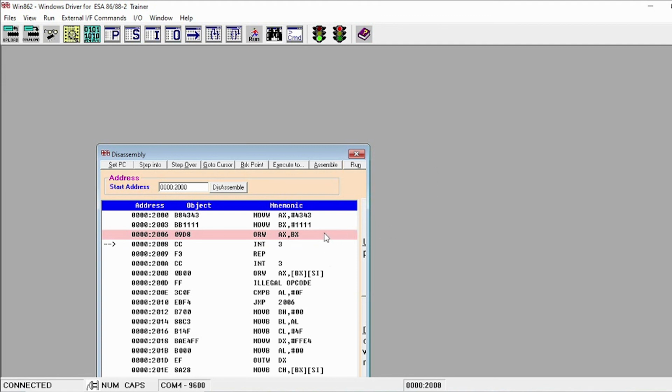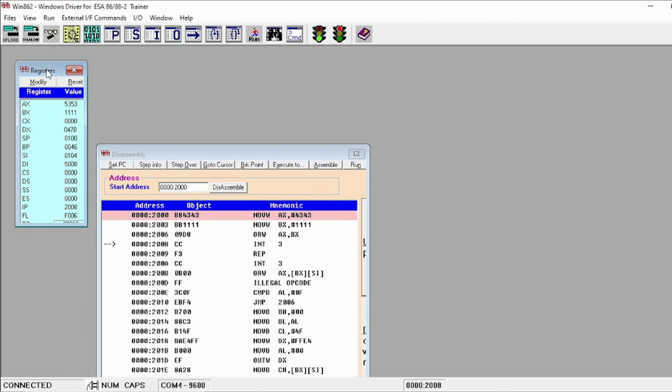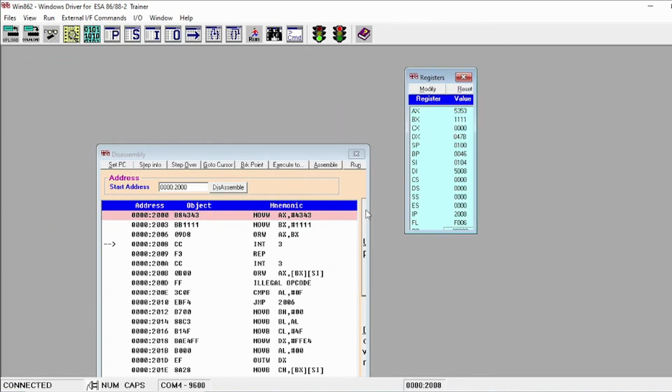In order to simulate this, on the first line, you click it and then set PC and then click run. So the entire program will be executed. Now to see the result, you click here, view registers. According to the program, our result will be stored in AX register.